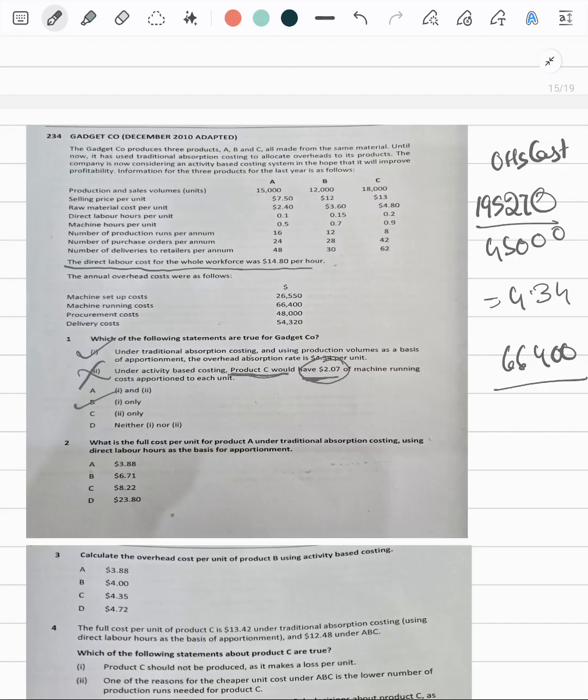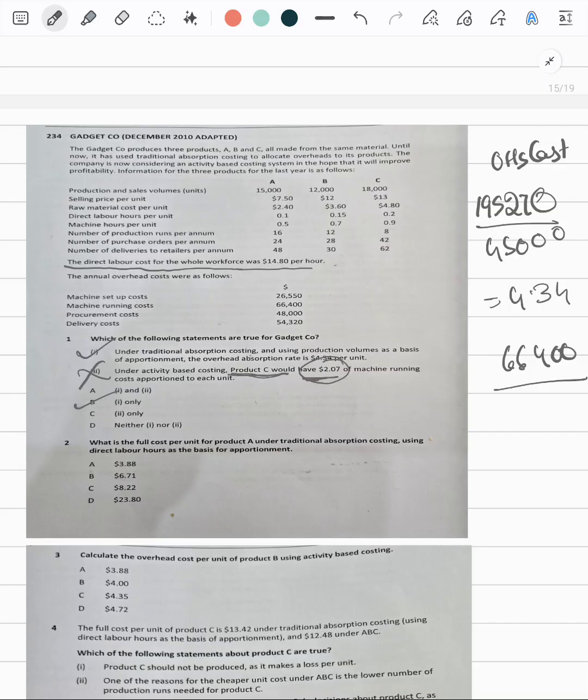But if the machine setup cost is 26,550, what will be the driver of this cost? The cost driver for this machine setup cost should be the number of setups done. But are they given? Is this information given within the question? No, this information is not given within the question. So what will I do? Now machine setup cost can be either. First you will think about, can I